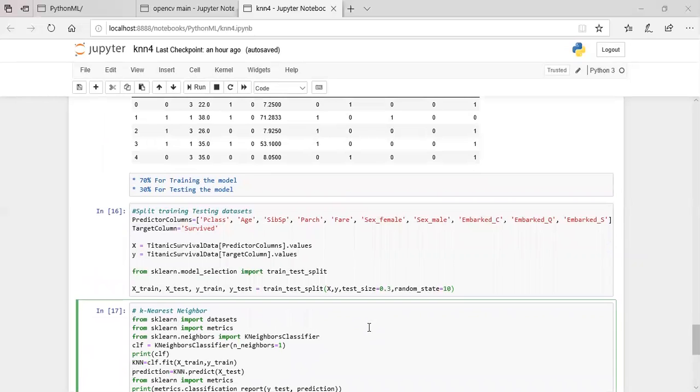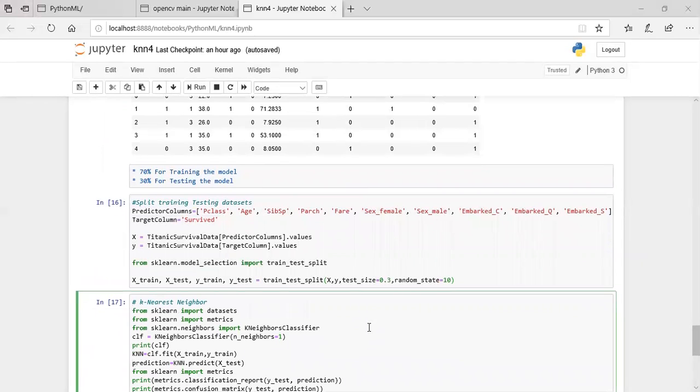We have to calculate the value of k. We consider n_neighbors equal to 1. Create the classifier object equal to KNeighborsClassifier, passing the parameter n_neighbors equal to 1. Print the value of k.